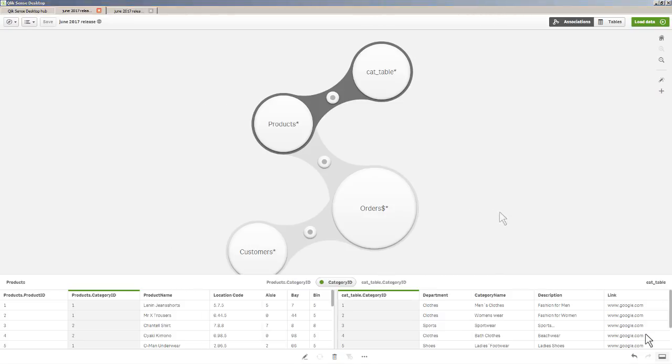Okay, so the final new feature in the June 2017 release that I would like to present to you within Visual Data Preparation is the ability to do concatenation without having to write any script. Now, for those of you who are familiar, concatenation of tables basically will take the same columns from another data file that match up to another table, and it'll create a concatenation of that data. In other words, it'll append that data to that individual table.